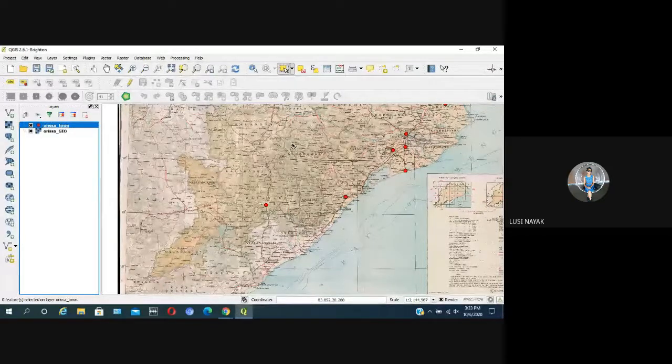Total 28 points we have to create, because here we will be going for thematic mapping. So 3 categories of points we are putting: class 1 towns, class 2 towns, and class 3 towns. So 28 total points. Don't put the numbering now. Okay.